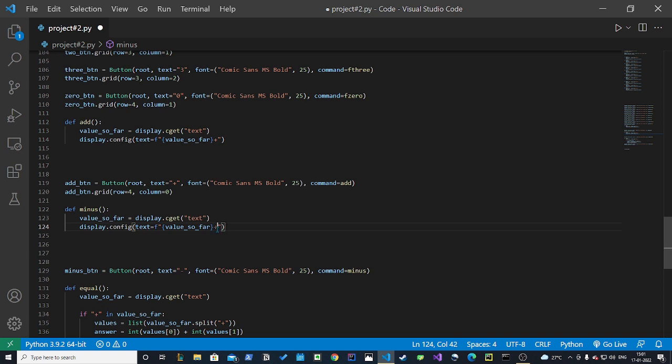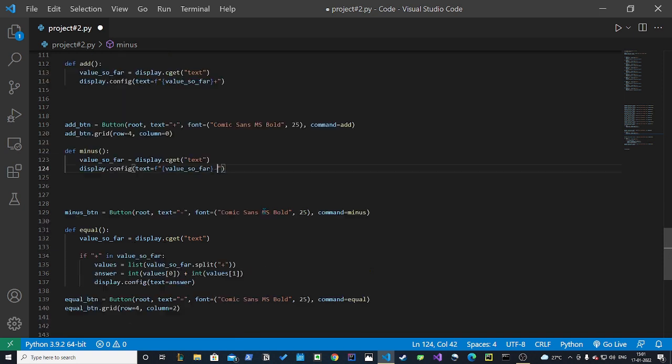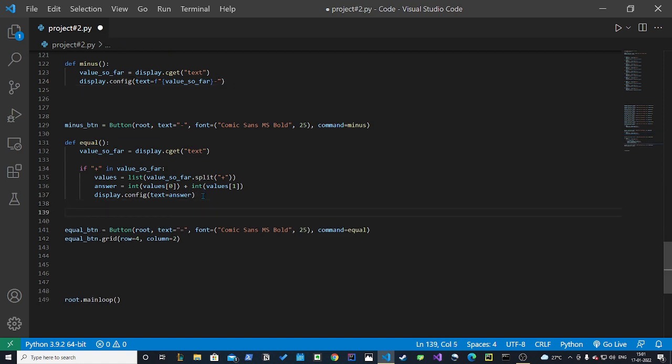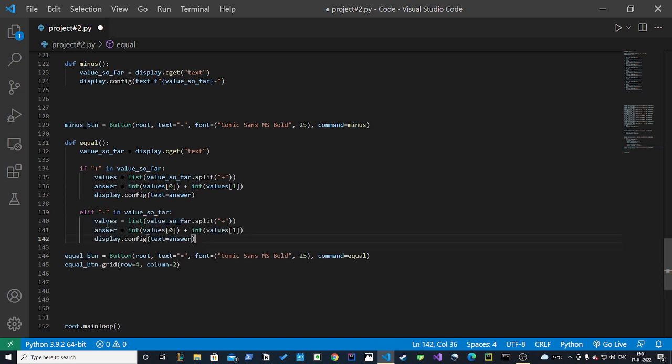I'll just copy paste it, and instead of plus we'll do a minus. It's really simple, guys. Now in the equal button we have to do elif minus in. Actually, let's copy this to save our time. Okay, change this into minus, change this into minus, sorry, minus, yeah, and